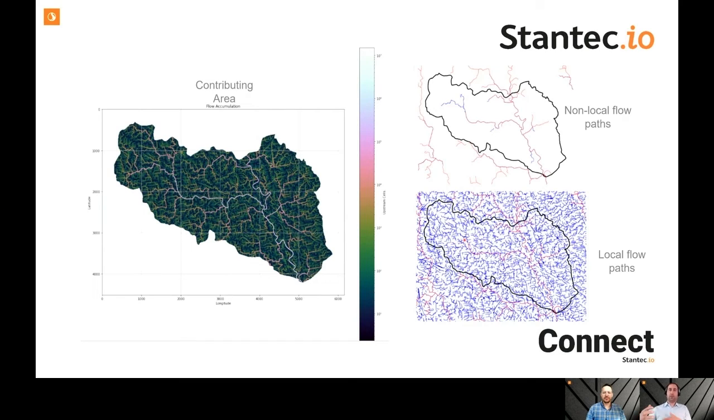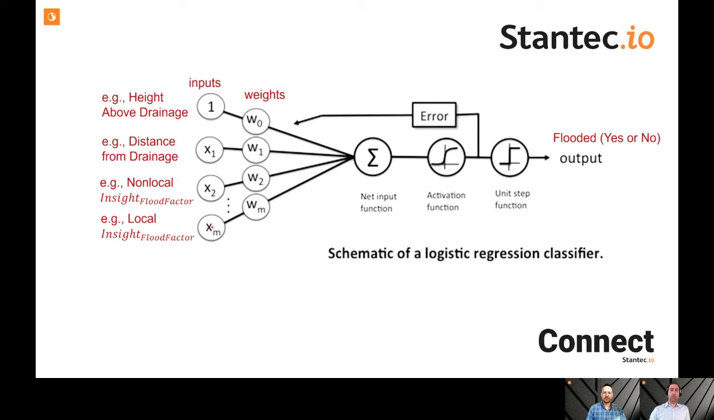So we get these two different factors that are both informed by the model, by the physics of the hydrology and the hydraulics. We take these various factors, so the non-local, what I call the non-local insight flood factor and the local insight flood factor. We take distance from drainage and height from drainage. These are the inputs to the machine learning model. Different weights are given or multiplied by these inputs to create a net value. And then this is used to